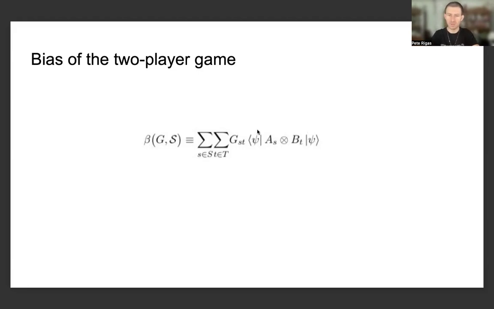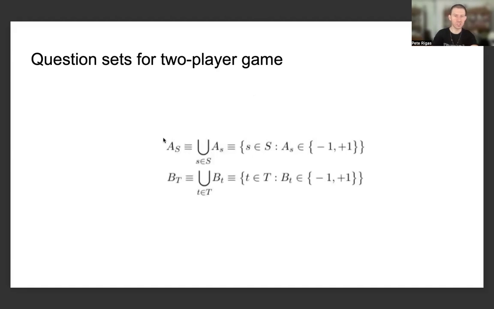bra psi of the optimal value of the tensor product of A of S and B of T, namely the tensor product of the operators from Alice's responses and Bob's responses from the two archetypical players which are involved in the two-player games and other information processing tasks within the field of quantum information theory. And finally, we're also having a ket psi corresponding to the optimal quantum state for playing the game. And the question sets that we've been describing for these two players are defined as follows: A